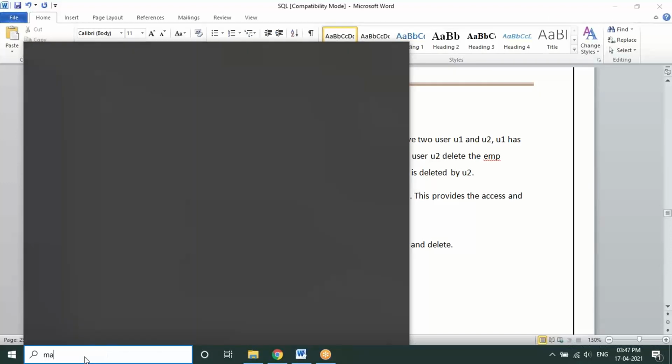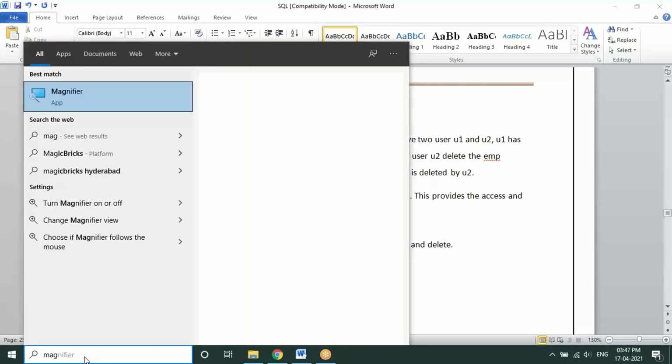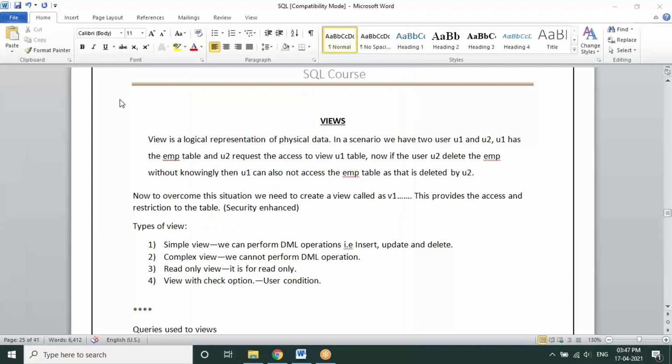To make it very much simpler, I'm calling upon a magnifier, for example. So what is a magnifier? You can see I've just magnified a few things on my file. What is at the bottom, you're seeing it here, but something you're restricting from the view. So a view is also doing the same thing. You are just magnifying a few things where it displays the value, but only a certain part of it, which you do not want to display at all. So that's what we are doing with the magnification.